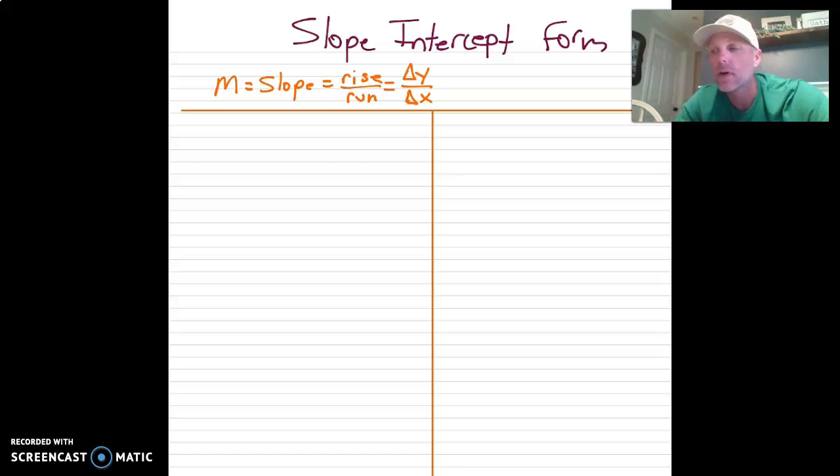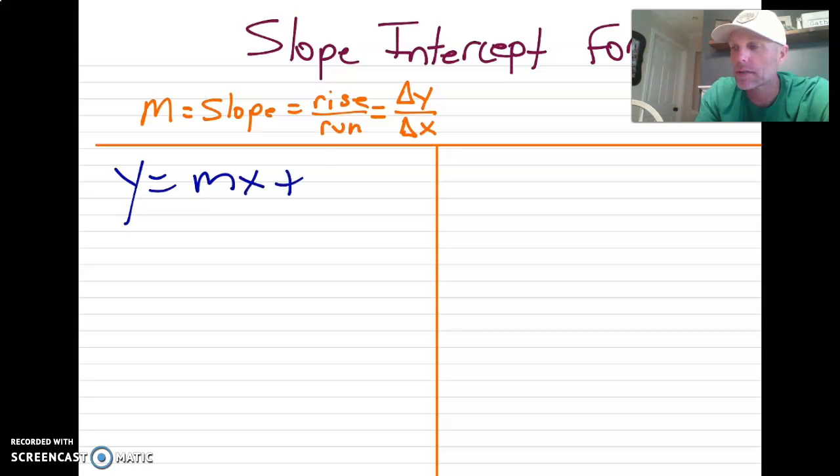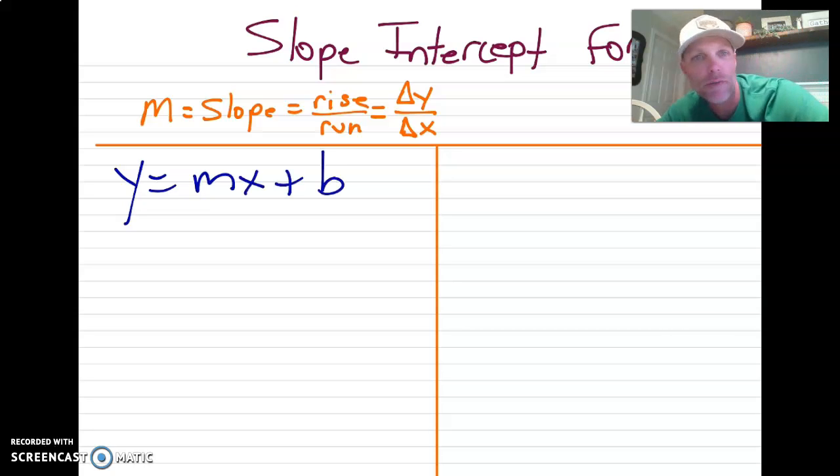All right. So we know that m, the variable m, is slope, and that slope is rise over run, and slope is the change in y over the change in x. So what we don't know yet is the formula for slope-intercept form. It is y equals mx plus b. Okay, it's all variables, right? But m is going to be a number, b is going to be a number,